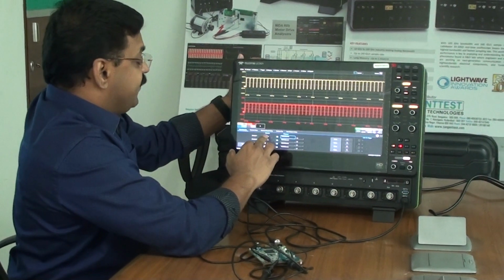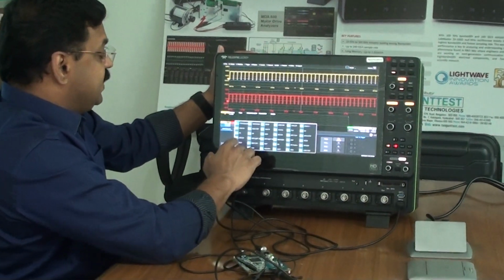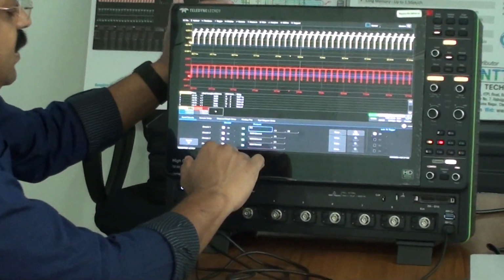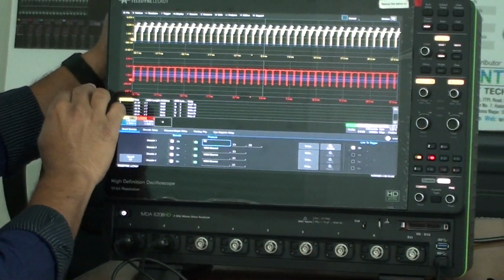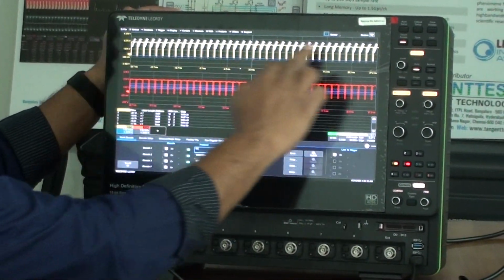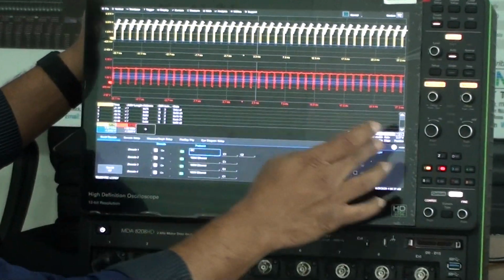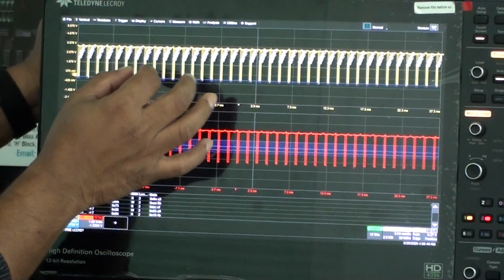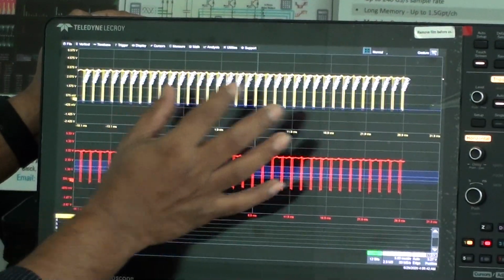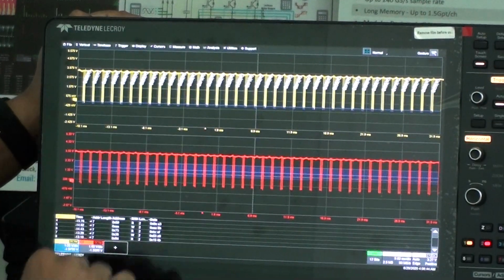Okay, now I have turned on the I2C trigger. What I have here is a clock and what I have here is data, and we are looking at this in a larger format for ease of use.